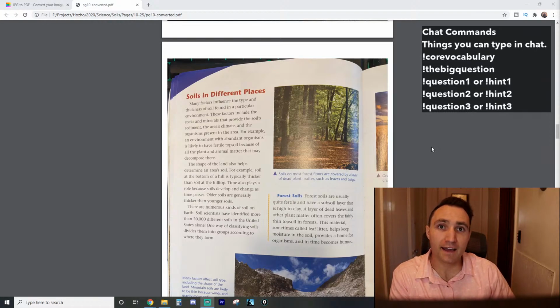Okay, we learned that loam didn't have high or low permeability, but it had about a medium permeability, because it had different grains or particles. It had a mixture of clay, sand, and silt, which allowed water to travel through it at a good rate so that the plants could